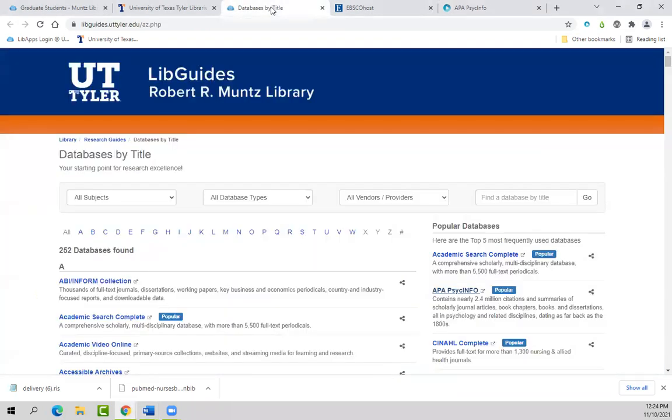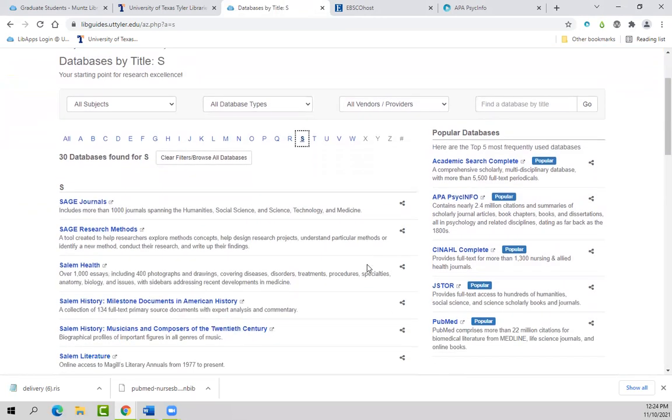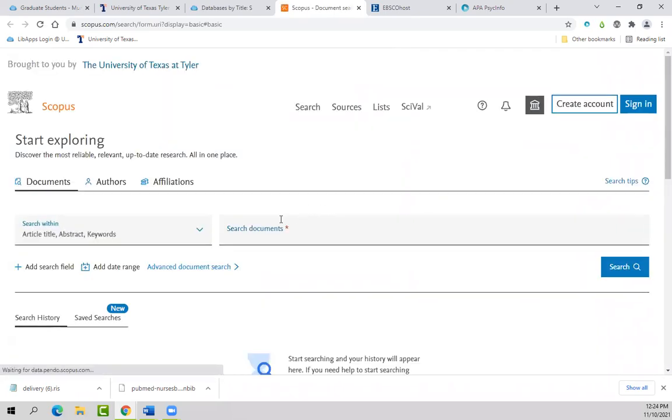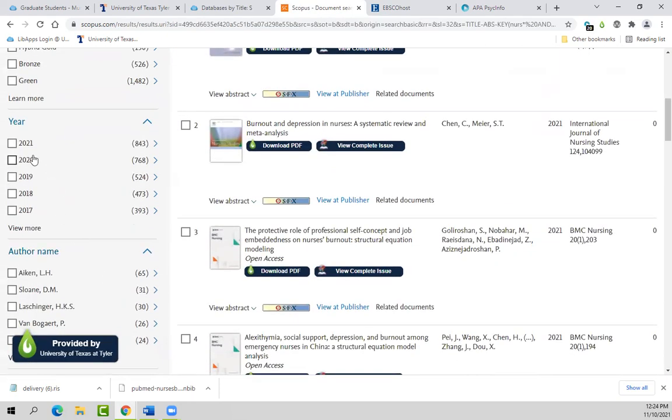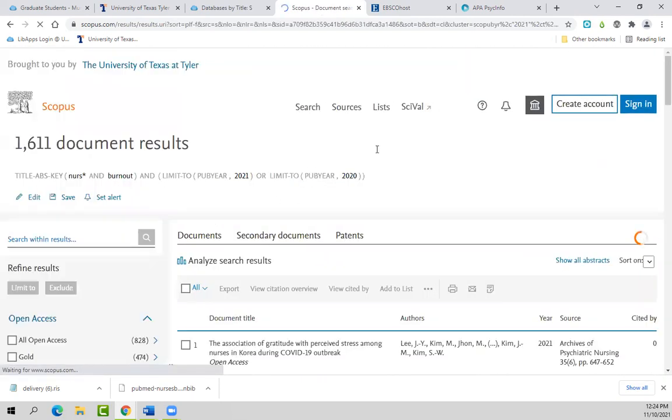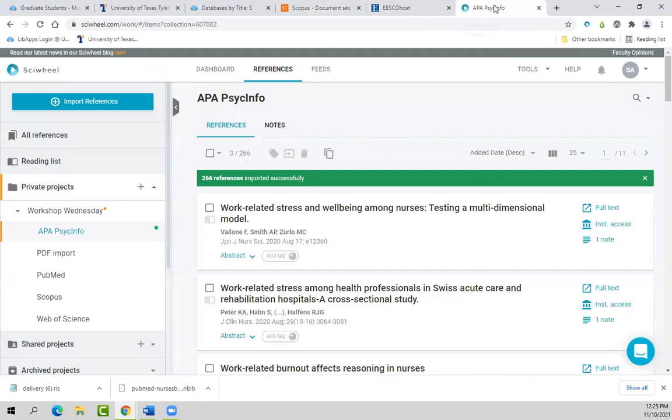While that is importing, since we are working with a little bit larger of a group of references there, I'm going to go ahead and get the other database started. So I'm going over to Scopus, and I am going to do a quick search in here. All right, so going back to check on our references from APA PsycInfo,